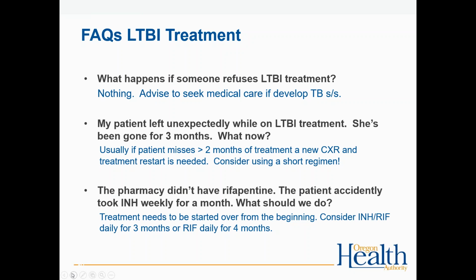That's too nebulous. So you'd probably just end up saying, well, sorry, good job, and you're tolerating it, great. I'm adding the rifapentine now, and you've got 12 more weeks. That's what we do. The other thing is, sure, you could switch to INH and rifampin for 3 months or RIF for 4 months. You could do any of the regimens, but anyway, the person's not going to get credit for the month. So.